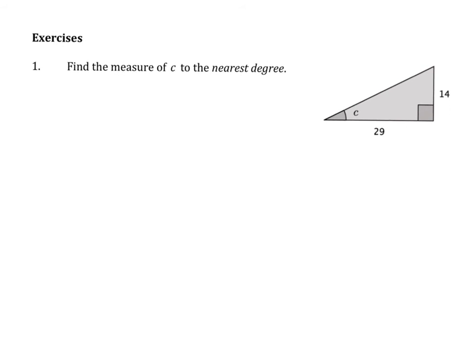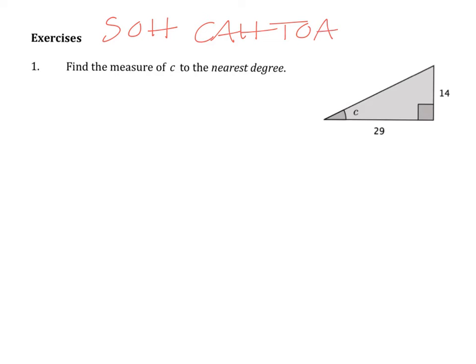Okay, now for some exercises. We want to find the measure of angle C to the nearest degree. So again, go back to SOHCAHTOA, figure out which one of those trig functions you have. It's all based on the information that's given. We're looking for C. We've got to figure out what the function is, and that's set equal to the ratio